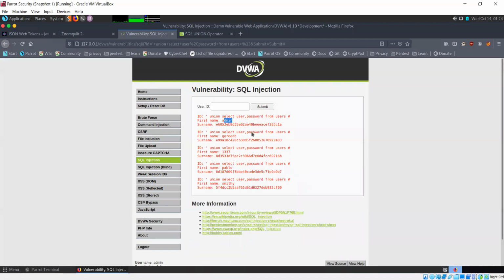So we have extracted the usernames and passwords using this. Now this is the username, let's say for example for the admin. This is not exactly the password, this is the password hash. Similarly for the other users as well, these are not directly the passwords but they are the password hashes. So let's see what we can do with these hashes. Let's say I copy this one for Pablo.